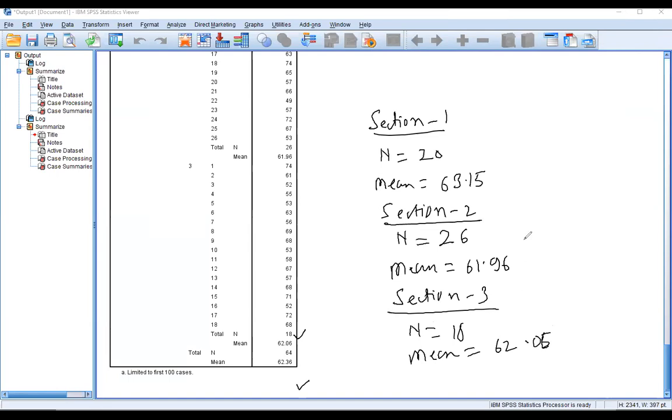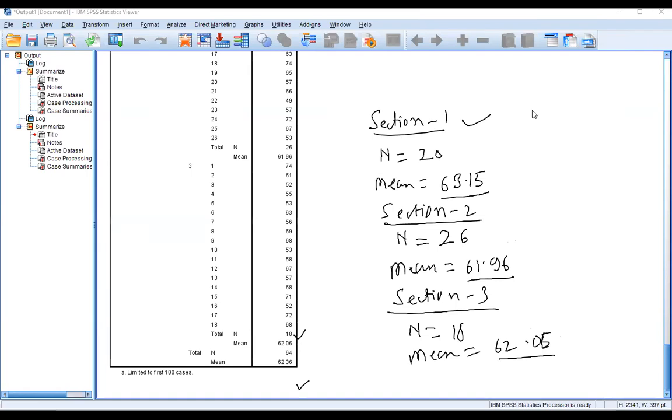So we can say that out of the three sections, female students are performing well in section 1, because the mean marks obtained by them in section 1 is 63.15, which is greater than the other two sections. Section 2 is 61.96, section 3 is 62.06. Okay, so we can select cases and then analyze our data.